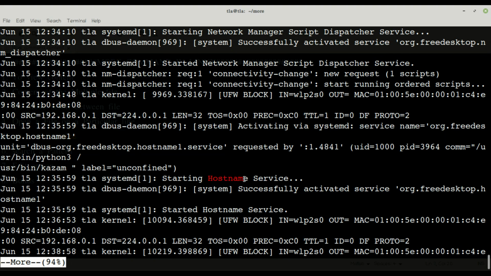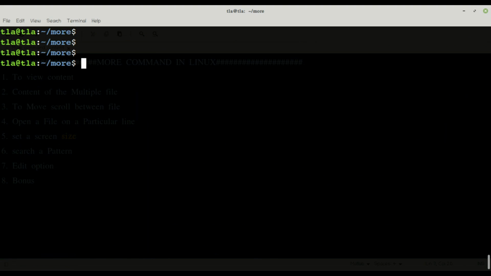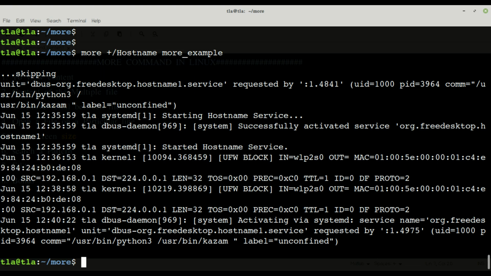So we will search a host name. I will just copy, Control Shift C. I will just quit the file. Now we will search more plus slash. We will just paste by Control Shift V. Here more underscore example. It's a file where we have to search a host name, and now I will press